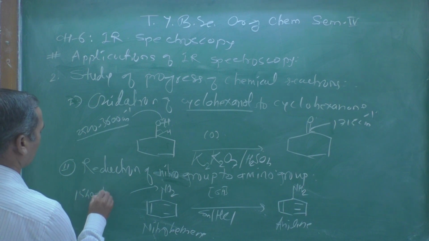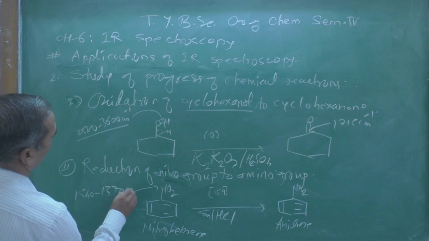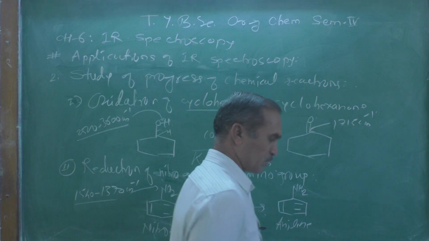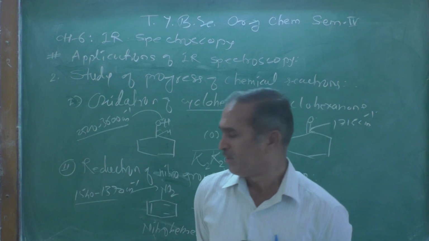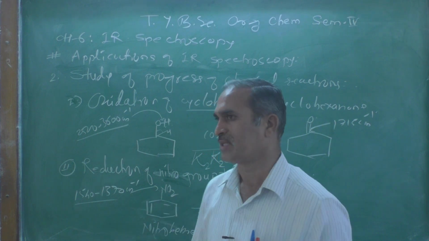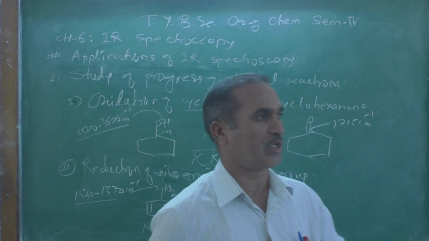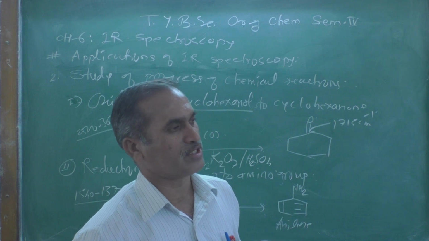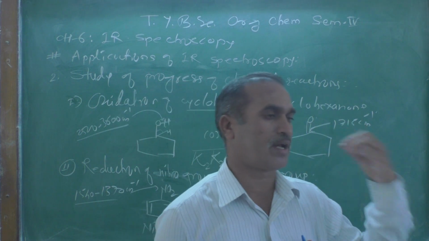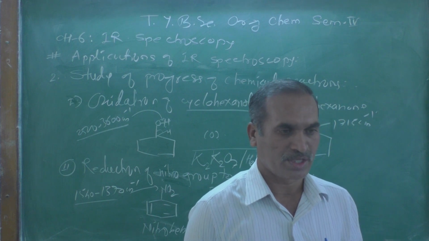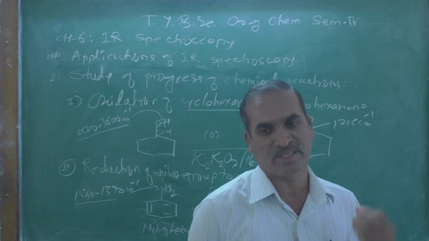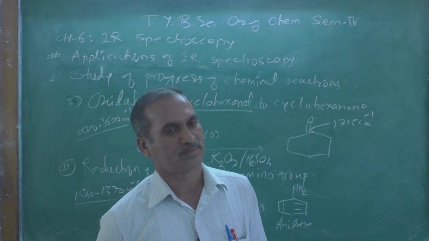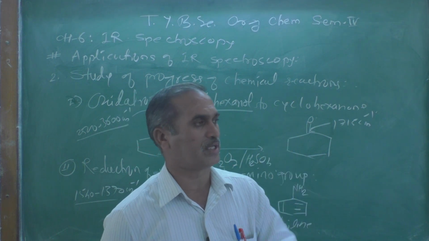There are two peaks due to the nitro group. And when the reaction is monitored, a sample is withdrawn and the IR spectrum is recorded. In that spectrum, if two peaks are observed,